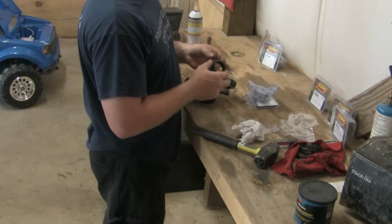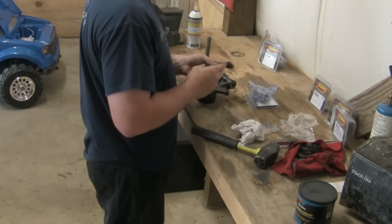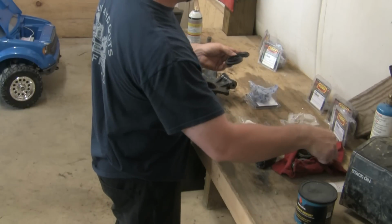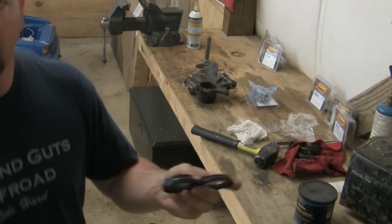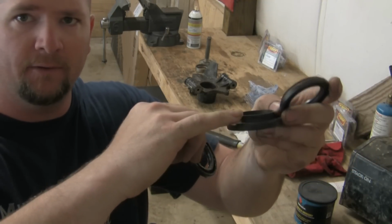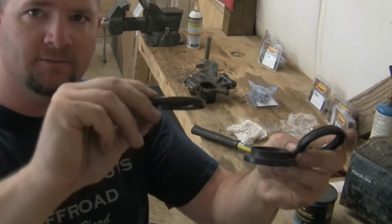when doing this, I like to use the Quad Boss stuff. I went through a lot of different bearings, tried a lot of different ones, trying to see which one was the best and which ones will last longer. Quad Boss seem to hold up better. And one of the reasons I really like the Quad Boss bearings is because of the seals that come with their kit. It's got a deep lip on it, similar to the stock Yamaha seal,